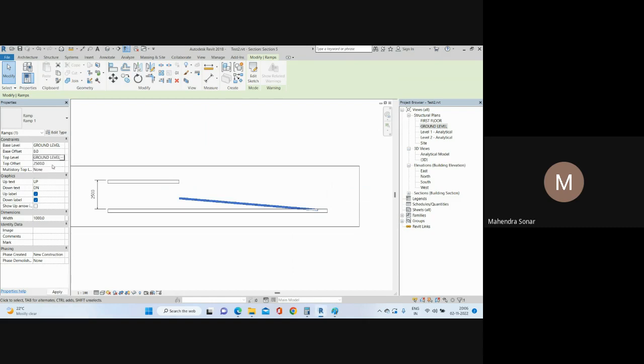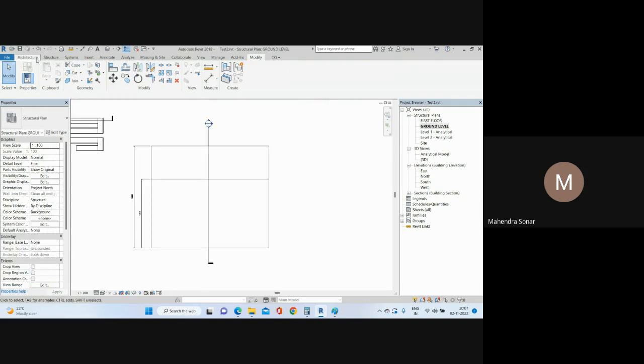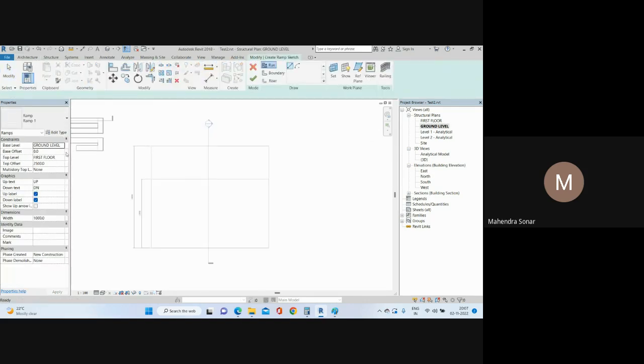ग्राउंड फ्लोर चाहिए। मेरा ऑफसेट क्या है, ग्राउंड फ्लोर पे यहाँ पे मेरा बेस कंस्टेंट है, यस सर, राइट। और टॉप लेवल में मैंने ग्राउंड लेवल ही दिया है, लेकिन ये हाइट दिया है, अभी देखो आएगा वहाँ पे। सो यहाँ पे अगर गए आर्किटेक्चरल रैम्प, तो यहाँ पे आपको देखना है, यहाँ पे ग्राउंड फ्लोर देना है, ठीक है। सो ये रैम्प मेरा स्टार्ट होगा एट द बेस लेवल ग्राउंड फ्लोर, right, and top level is also ground floor,